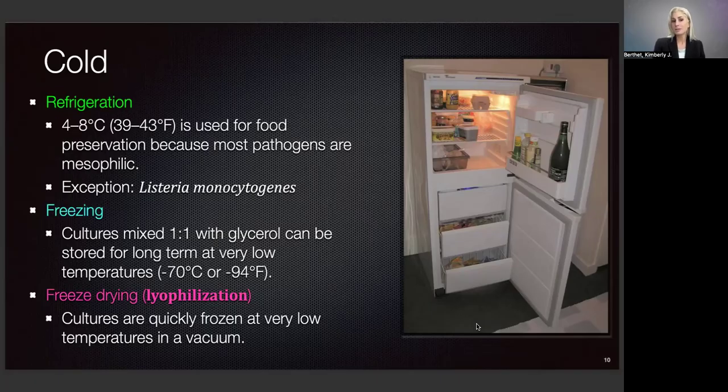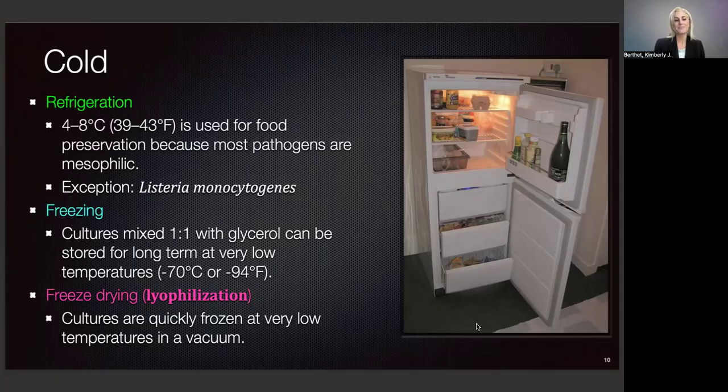So freezing can also be done in the laboratory. We mix glycerol with our samples. This way the ice crystals in freezing don't rip through the tissue of the microorganisms. So as we go from refrigeration to freezing, water crystallizes. Crystallization can tear apart cells, like little daggers that move into them and slice them open. But we mix glycerol in with our samples because glycerol keeps a viscous solution, so we don't form those ice crystals that penetrate through the cells. So 1-to-1 with glycerol is a great way to keep your sample in the freezer,